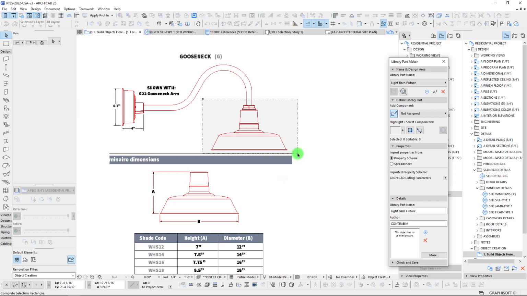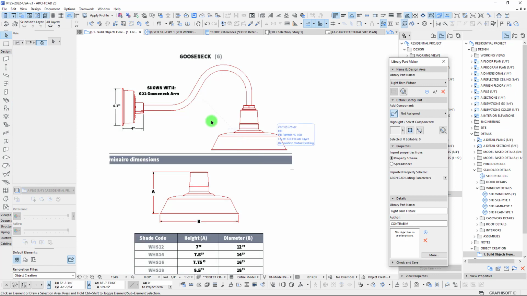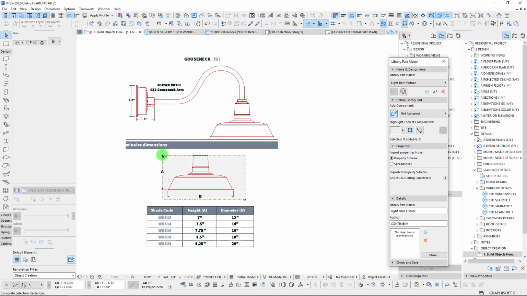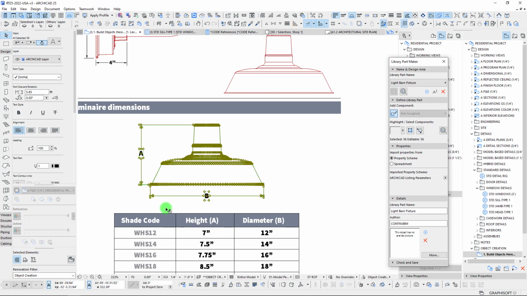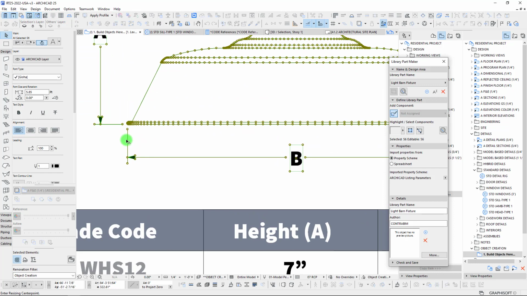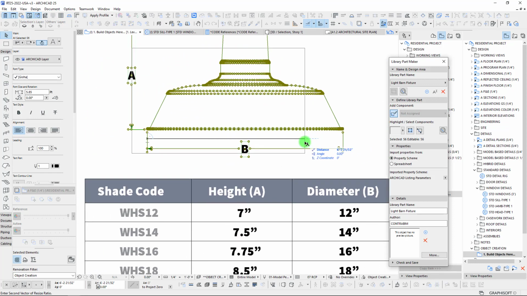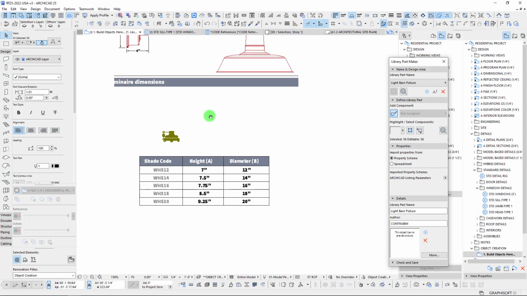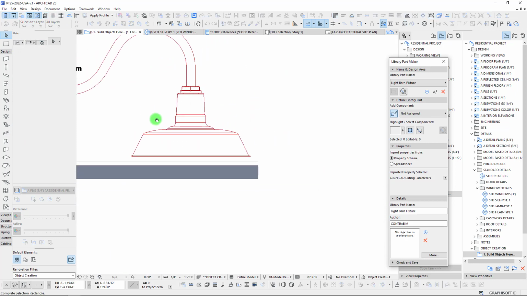But what I want to do here is I'm going to suspend my groups. We're going to grab this, and we are going to do a Control K so that our dimension B is exactly 16 inches. So we're keeping this all in scale, 16 inches. And now that we've done that,